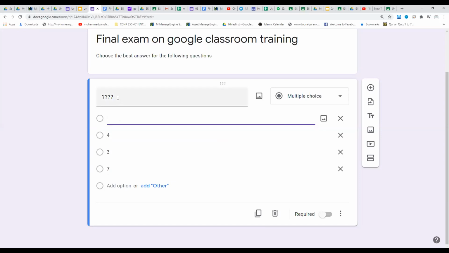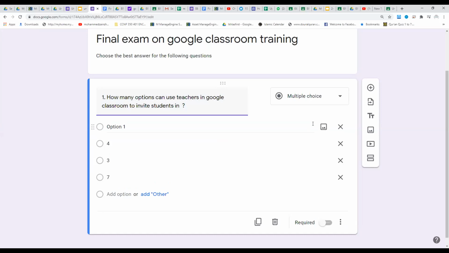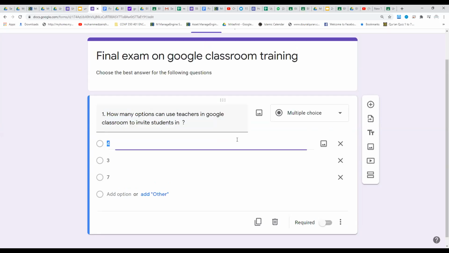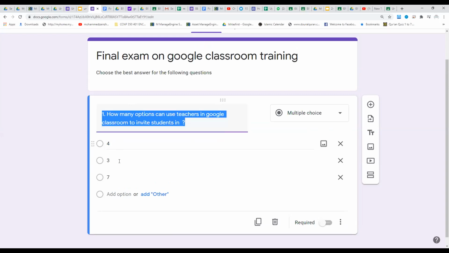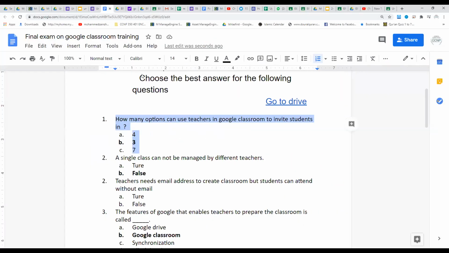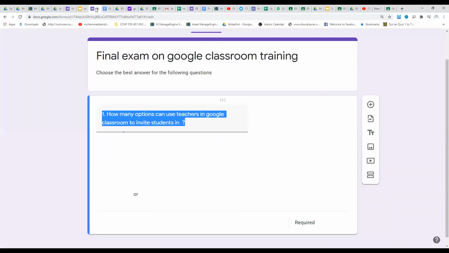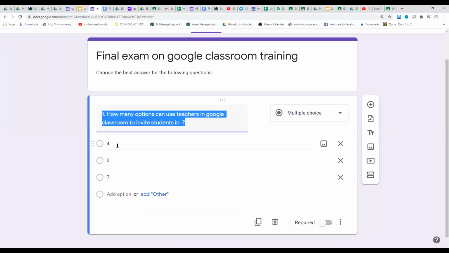So I will cut the question again, number one, type space, paste. Then I will delete this one. Clear? Instead of copying the question for each option separately, I will copy the whole question number one, and I will paste it in the option. After that, I can